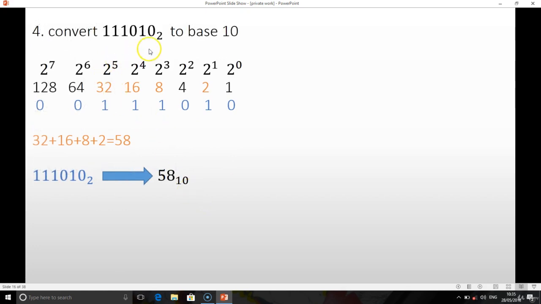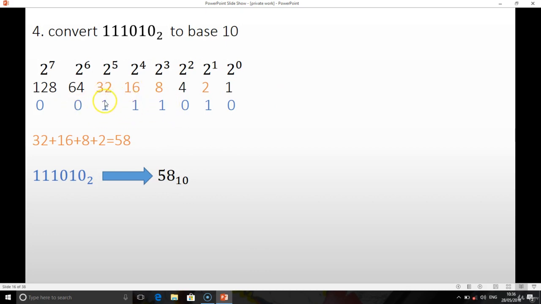If we are to convert from binary back to base 10, it's simple to do. We have to use the same method, but this time we are putting the binary under it. So this is the binary question here. We'll start from the back, because sometimes it might not be up to 8. 0, 1, 0, 1, 1, 1. So the rest of it could be 0.